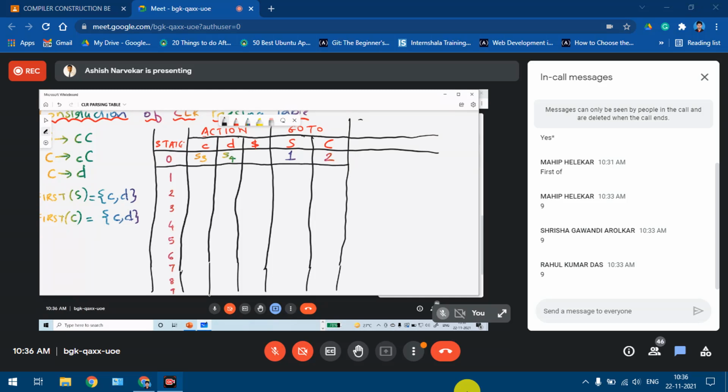I believe till here it should be fine to all of you, because we have solved many examples earlier, wherein this particular step remains common in the parsing table construction algorithm. Next, we'll go to state 2.